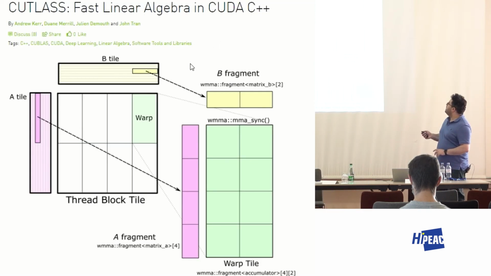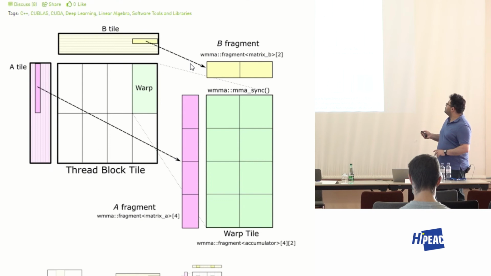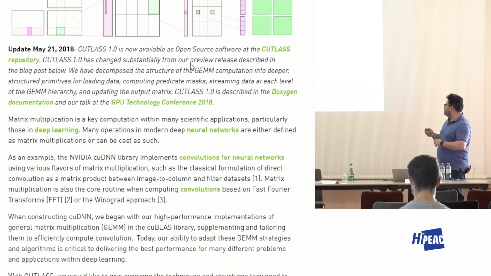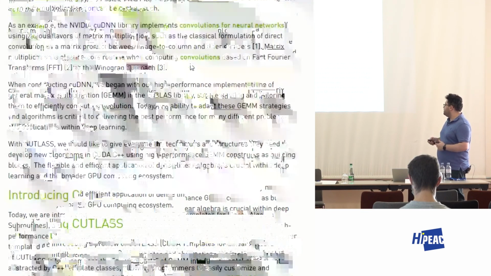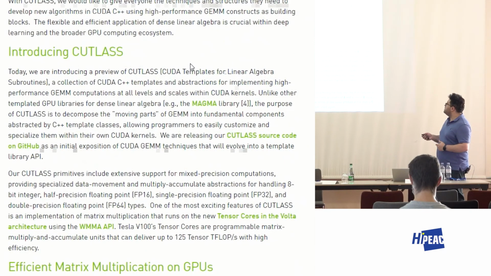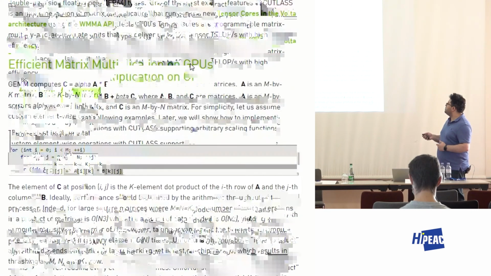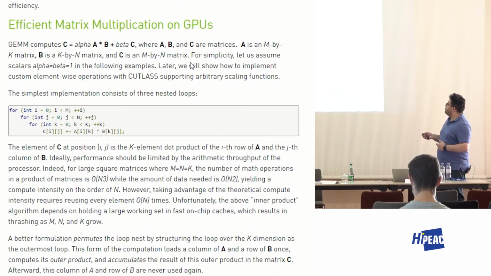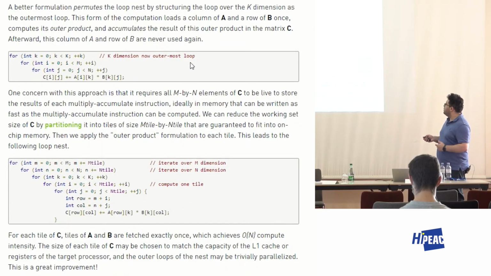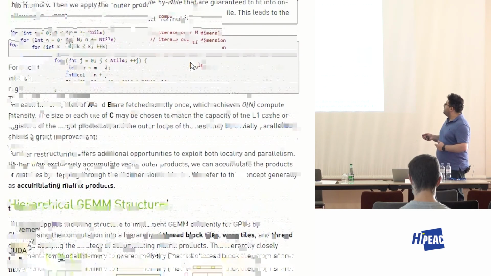So you see that they break the matrices into small tiles, and then they do some fine-tuning of these tiles, what should be the size of the tiles, and then they will do this. So you see that this is the naive implementation of the matrix multiplication, which is definitely very inefficient. And then they make the operation in tiles, and then they